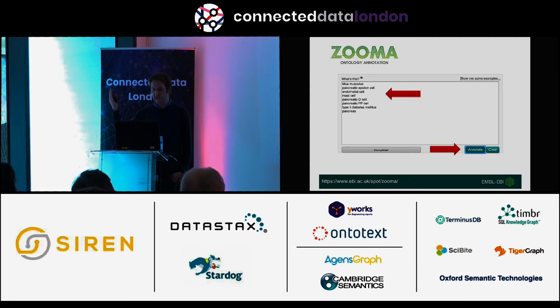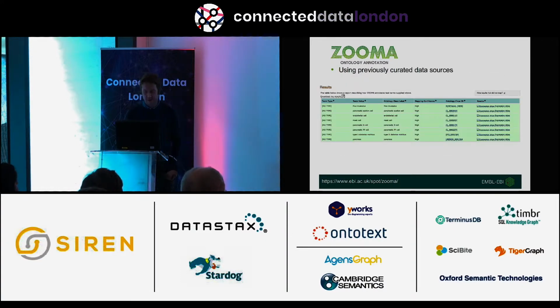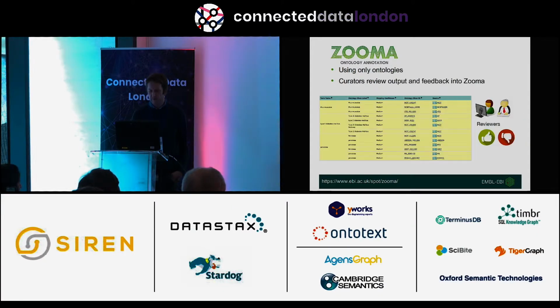So Zooma has a simple web interface, so you can upload data, typically that you might get out of your spreadsheet, put all the terms in, tell Zooma to go and annotate, and it'll then give you back a result. So in some cases, it comes back with a confidence level. So this essentially means, okay, yeah, we've seen this before in a database, and we can be pretty confident that this is the term that you should be mapping to. But it doesn't always work.